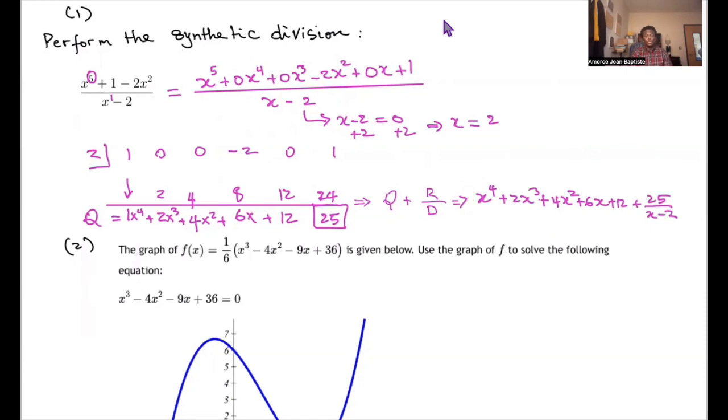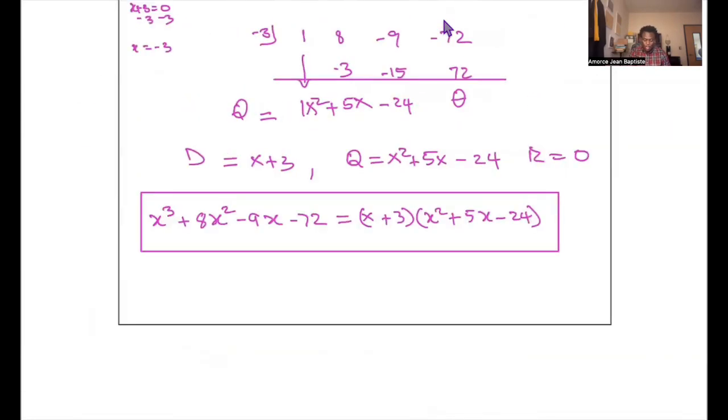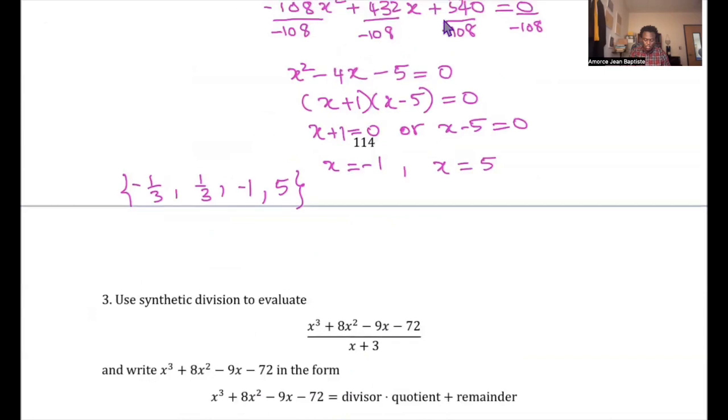I wanted to solve this problem because sometimes when there are missing terms, we tend to think that this is the whole problem, but there are some hidden parts that you need to bring in before you perform your synthetic division. The next problem is similar to the last one we did when we were looking for the solutions,